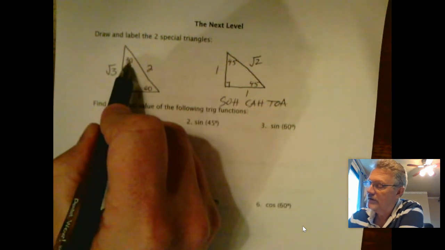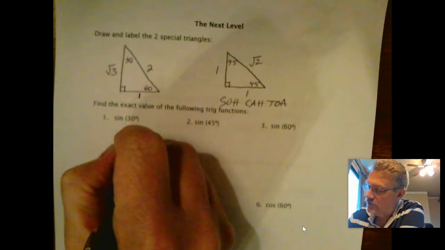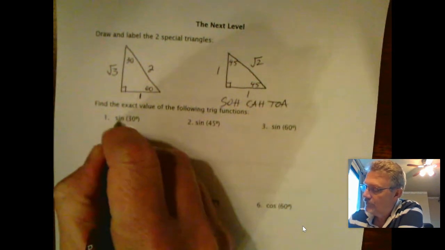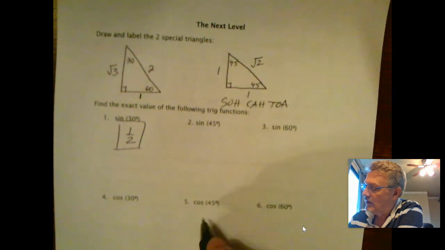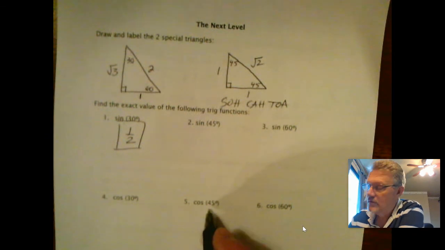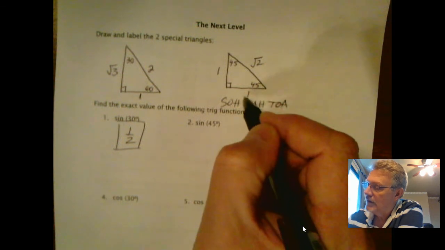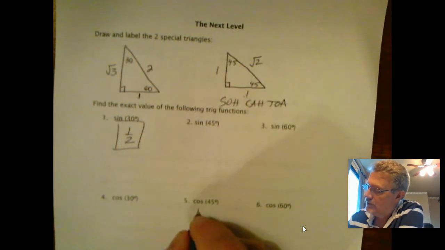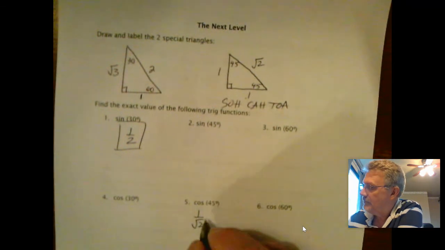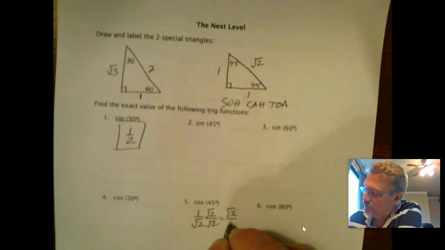The 30-degree angle is here. Opposite is 1, hypotenuse is 2. Okay, cosine 45. Cosine is adjacent over hypotenuse. 1 is adjacent to 45. Radical 2